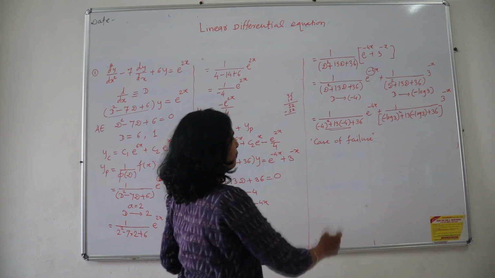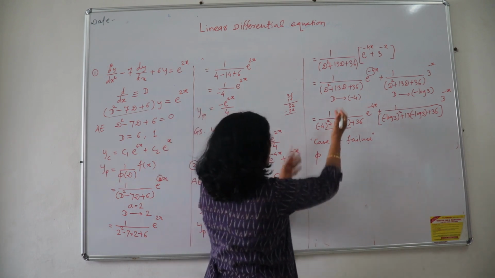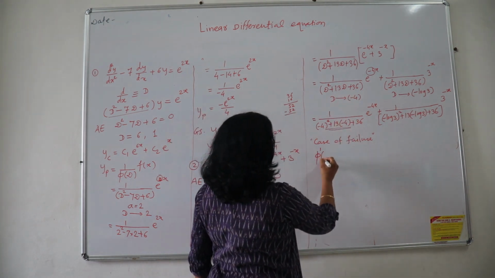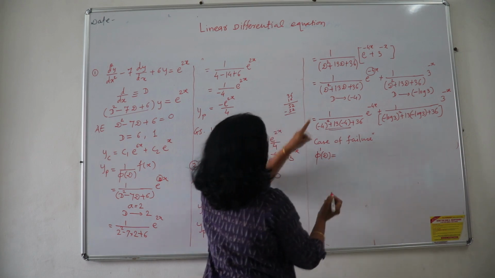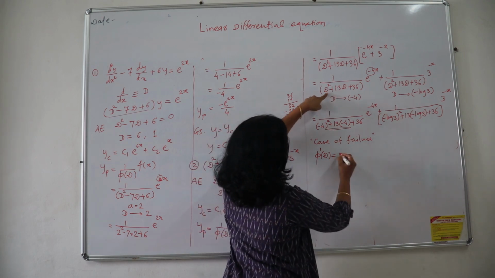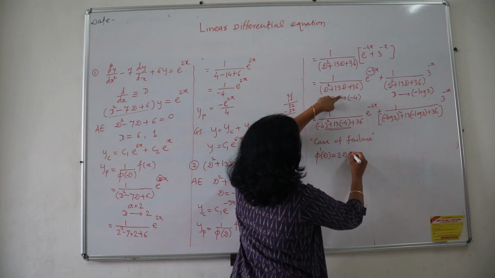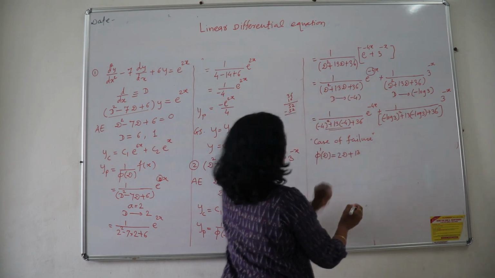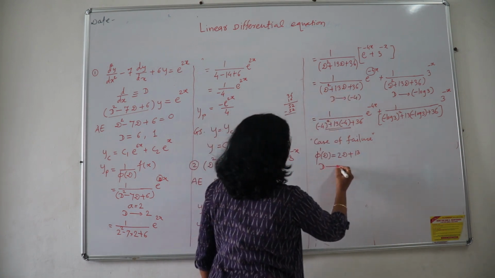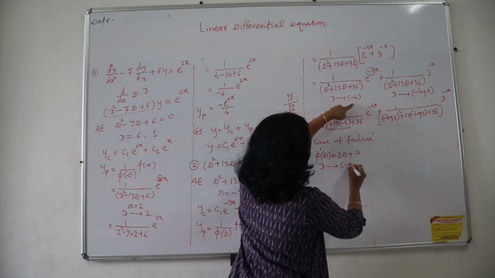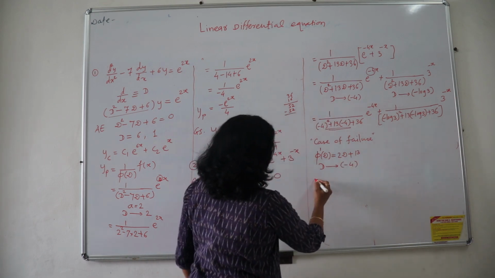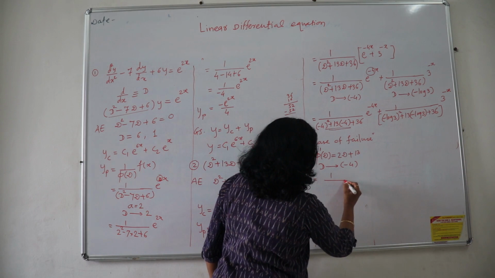Here I have already obtained the answer for this. So this is a case of failure, and what I have to do here is continue the same part below. I have to calculate phi dash of d. So phi d was here, d square derivative is 2d, plus 13d derivative is 13, 36 derivative is 0, and in this again d is replaced by your basic value minus 4. So now we will continue here.